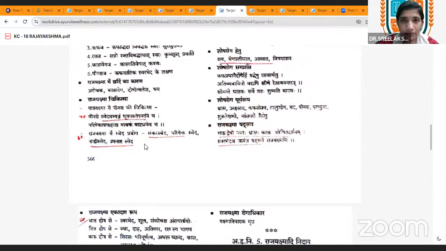Another important treatment in Rajayakshma Chikitsa is Mamsa, which should be given by changing its name. It is known as Jugupsa Chikitsa or Chadmopa Samhita. In order to avoid Chardi, since some people have aversion towards some kinds of meat, this Jugupsa Chikitsa is indicated in Rajayakshma. Very important. Another name for Jugupsa Chikitsa is Chadmopa Samhita.